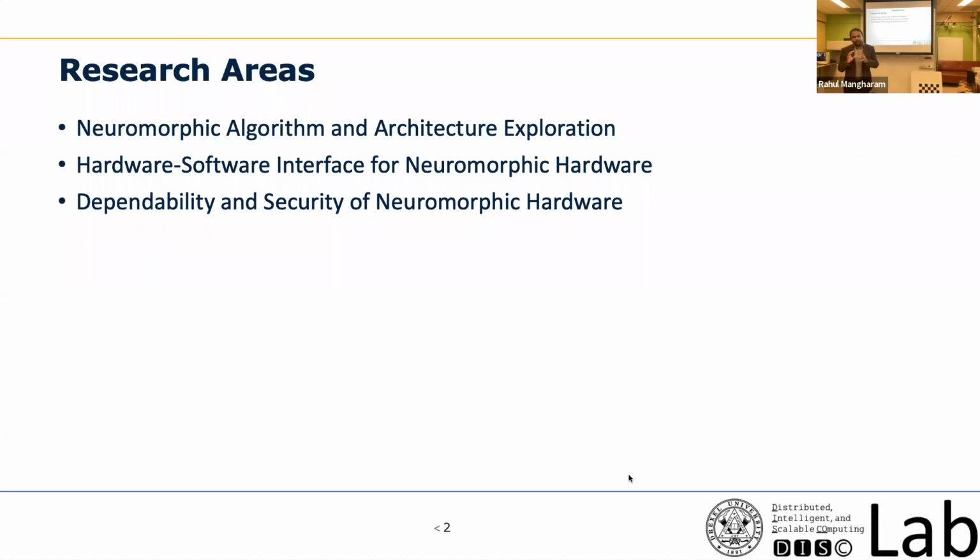And finally, what I also work on is something called dependability and security. I can give you a little overview of it during my talk, where I'll show that neuromorphic hardware also leads to a lot of security and dependability problems. Think about this type of system going into autonomous cars, or cyber physical systems, or the healthcare domain: security is a big problem, and so is dependability. If any neuron in a neural network running on the hardware becomes faulty, the actions could be catastrophic in some cases. Dependability is something that I deal with in the lab, although it's a huge topic in itself, and I will again restrict myself today to only algorithms and architectures and hardware-software co-design.